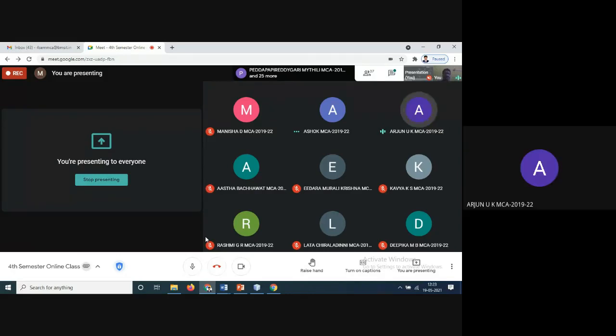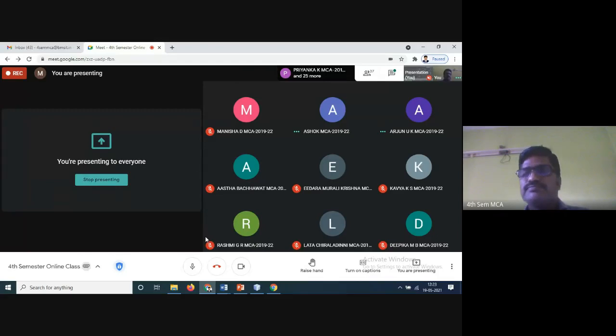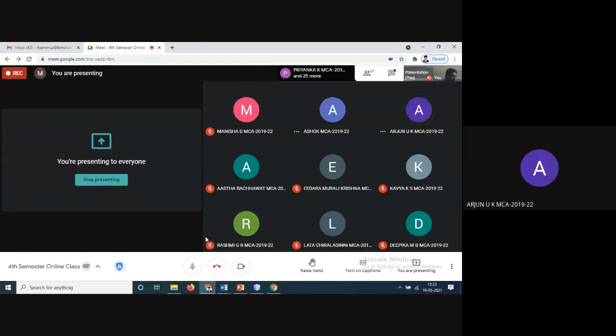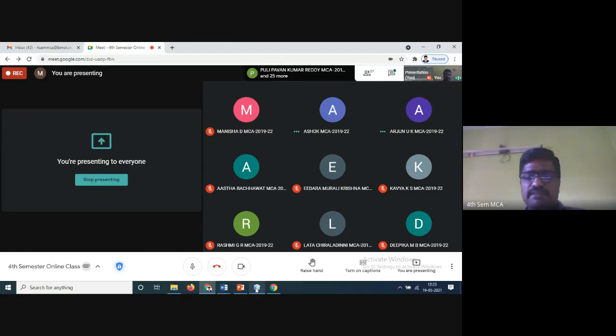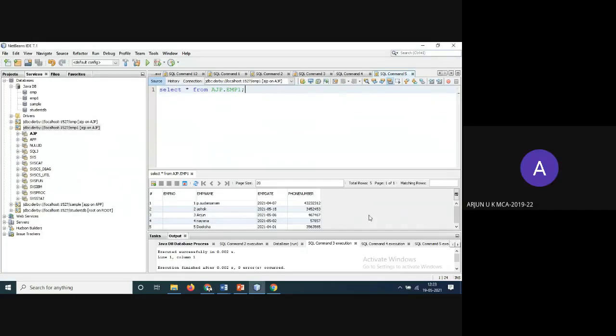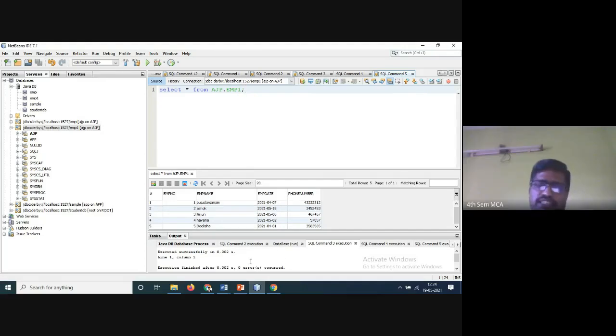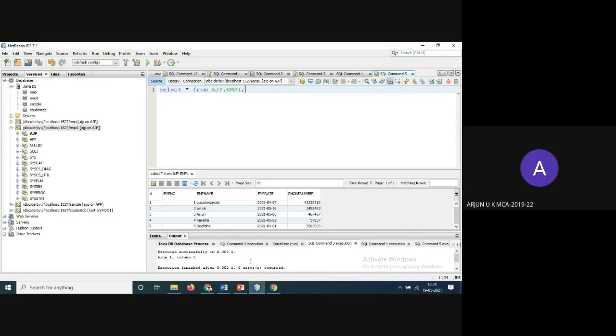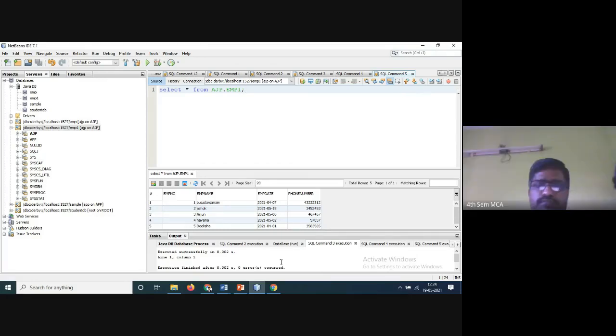Has anybody else created it? It is showing null in name, sir. In EMP name, it is showing null for me. I don't know why. I took integer also, I took text also, and character and varchar. I tried with three also. It is showing null. It is not displaying names, it is just displaying null. I don't know why.